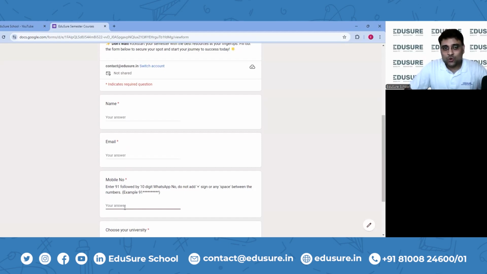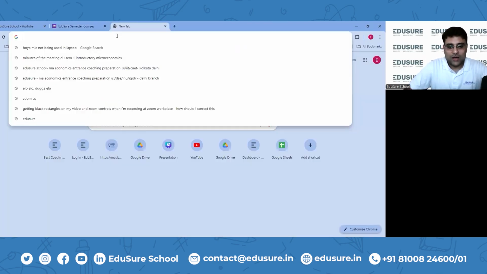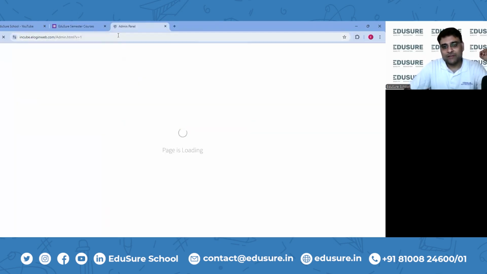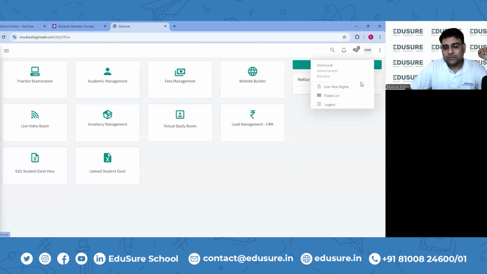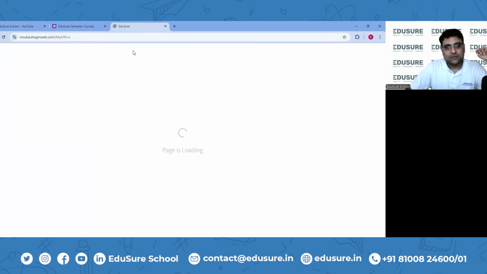So once you do that, you will be getting a user ID and a password with which you will open up the student portal and access it. So student portal को कैसे open करना है वो मैं आपको दिखाता हूँ. The link of the student portal will be given to you. You click on the link. अभी मेरा logged in है. लॉग आउट करके यूजर आईडी पासवर्ड आपने दिया, लॉग इन किए,